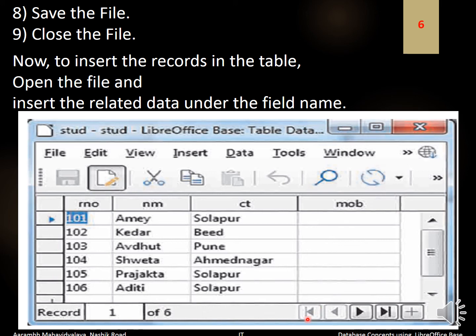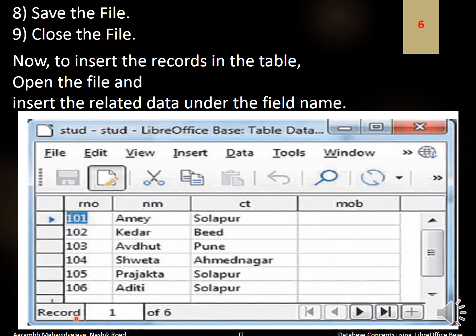Also here some buttons are given. These are the navigation buttons. One shows the first record within the table. One shows the last record within the table. One shows the previous record of the current record, and one shows the next record of the current record. You all are familiar with all these buttons. Then here a plus sign is provided to expand this bar. You can see more details by clicking on this plus sign.